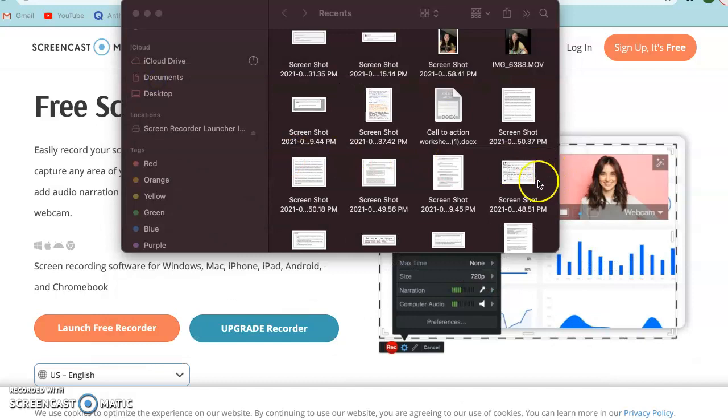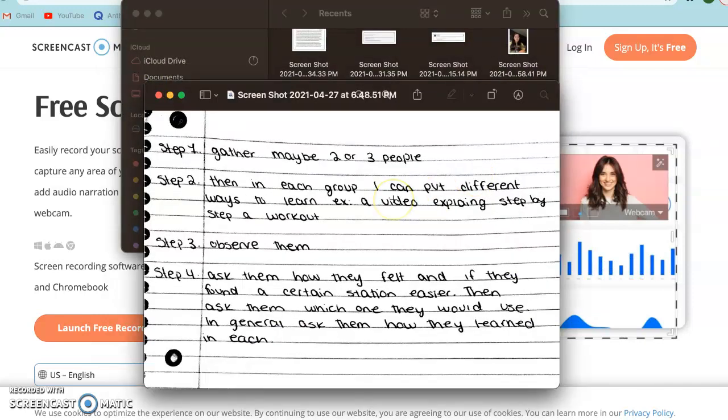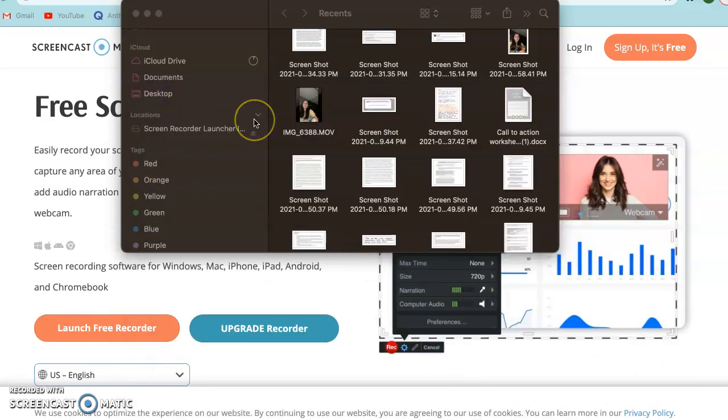Another example is this. So I did step by step of how I wanted to do my experiment. In the future, I can use this knowledge by engaging my audience more in my research to experiment and learn more about my topic.